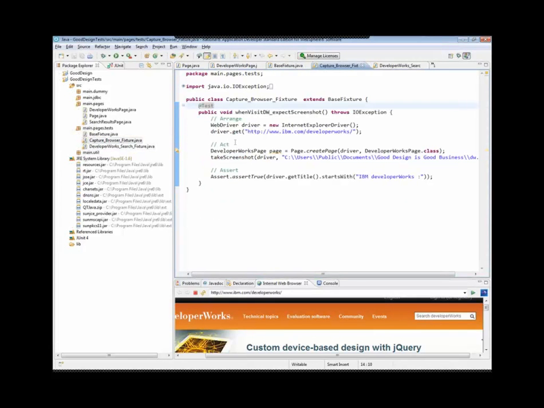Okay, then we can go on to our final unit test, because this is the part that we use to do the documentation aspect of what we're looking to accomplish. And in this particular case, we're creating the developer works page, and then we're taking the screenshot. For our environment, the screenshot taking portion of the unit test or the end-to-end regression is the meat of the regression test. It is the documentation of what has been accomplished.